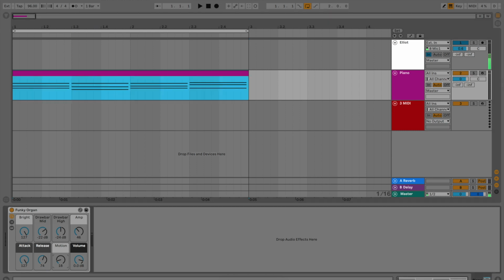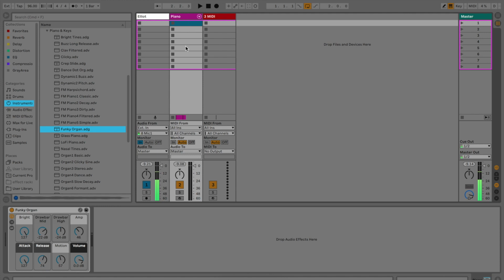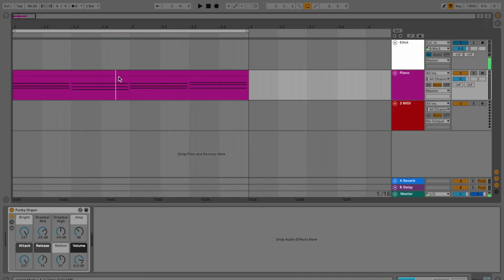Motion, this will kind of just make the organ kind of bounce left and right in your ears. I'm gonna like it right about there. Yeah. Alright, so that's kind of just making a quick clip with MIDI, or making a piano clip using